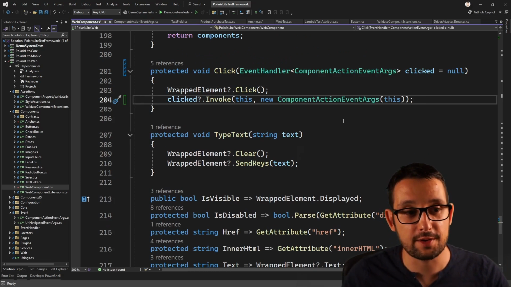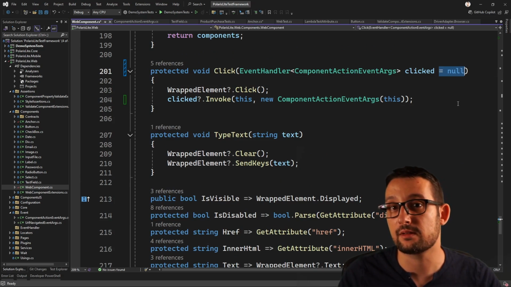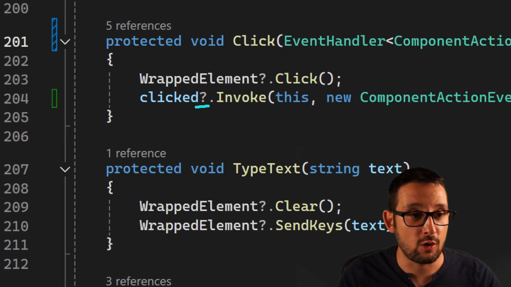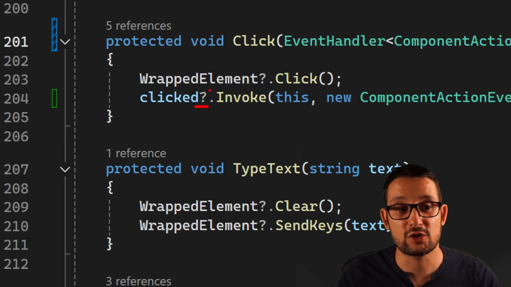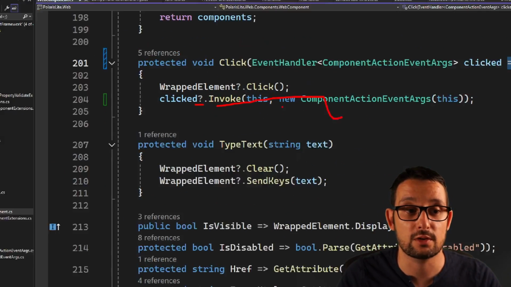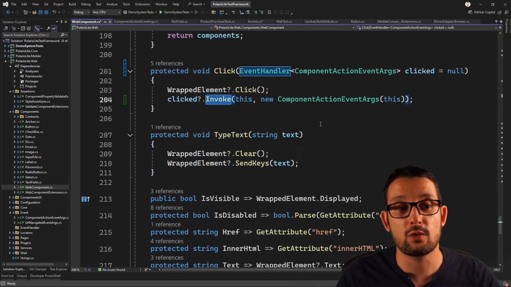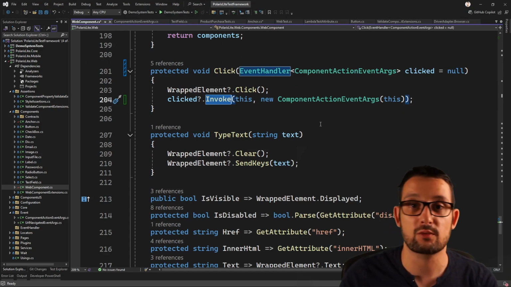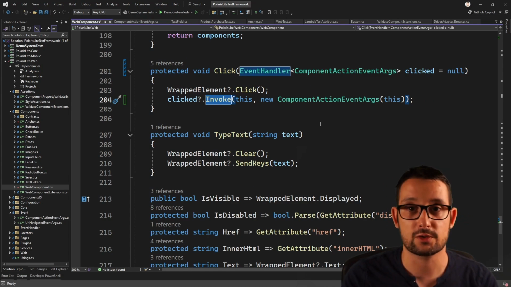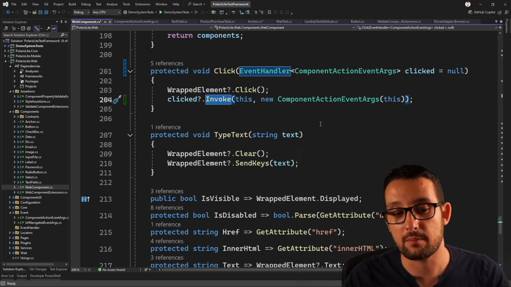So I'm going to invoke here the clicked event, and again, in order for this logic to work like an if statement, I'm using this special operator, the question mark. This question mark dot means that if this is null, this won't be invoked, this won't be executed. And when we invoke, this will execute all of the event handlers that we subscribe to this particular event, and later we're going to create event handlers for the BDD logging, for the toast messages, and later in more advanced frameworks